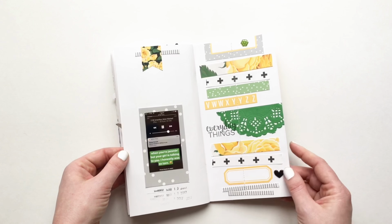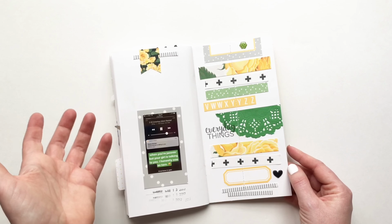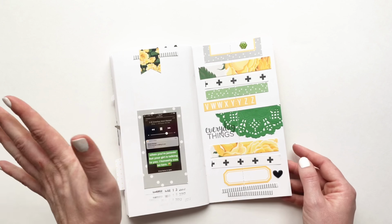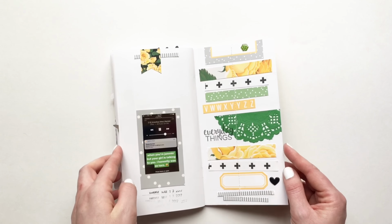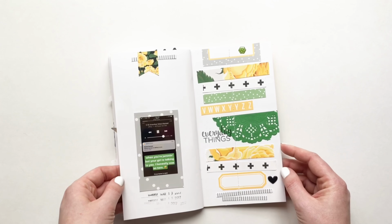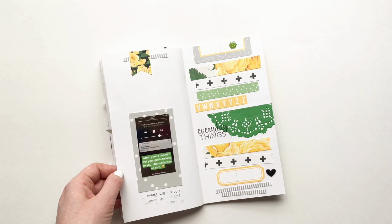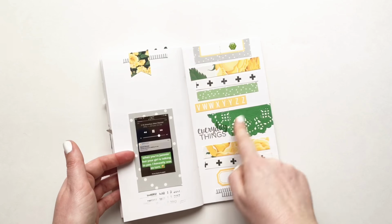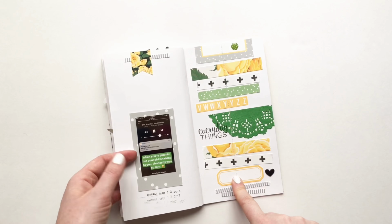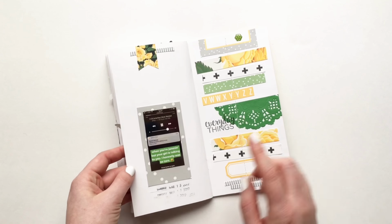Here is another layout that I did using the Carrie Bradford kit. It's called Splendid, by the way, and it is absolutely splendid. And so I scrap lifted this idea from the Glue Stick Girl. I pinned one of her layouts into my Traveler's Notebook board a while ago, and I just loved the strips and the stitch down the middle. So hers had a few more stitches, but I just thought that I would do one,